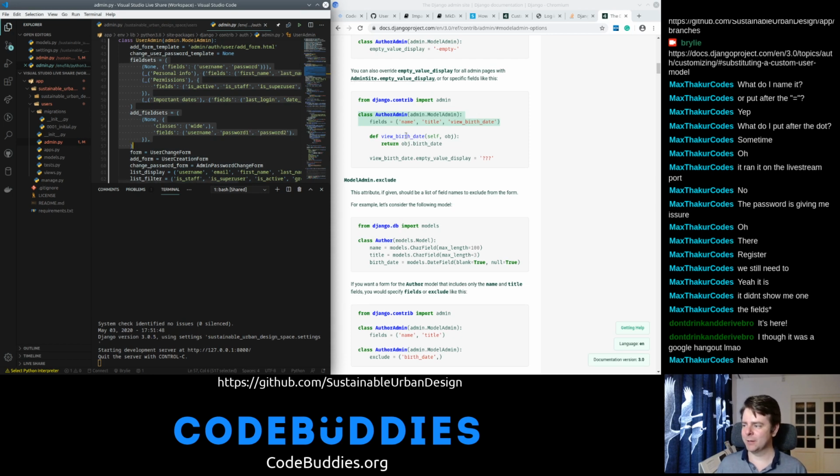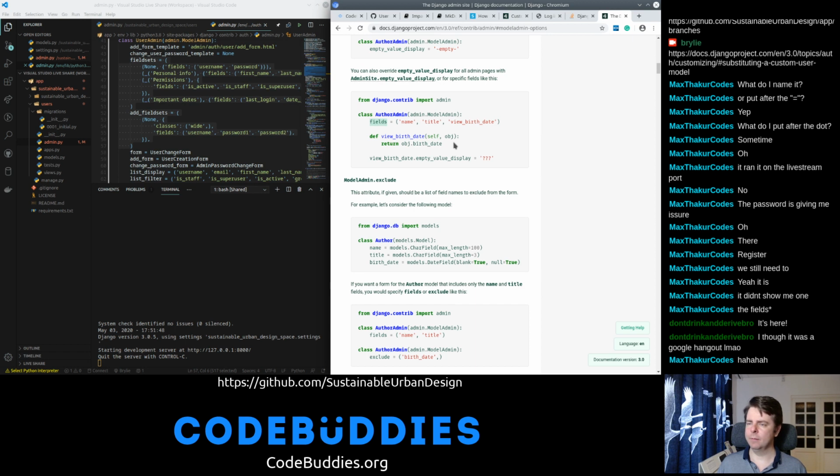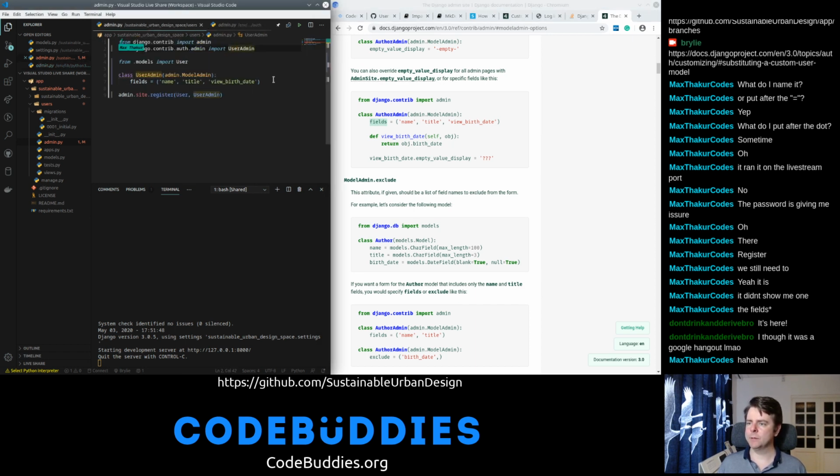Let's see if this works. If not, we'll just do this plain fields definition, and I hope Django will just generate the form. It just won't be so probably nicely nested. Control C. Yes,